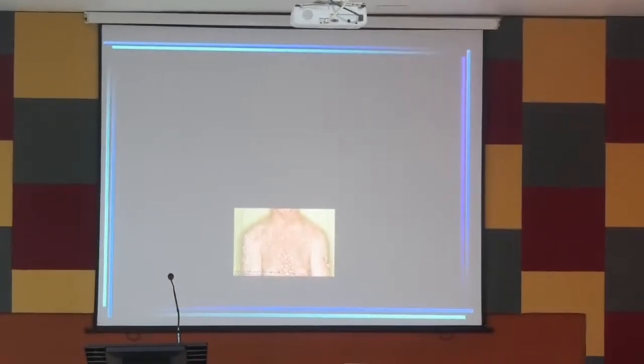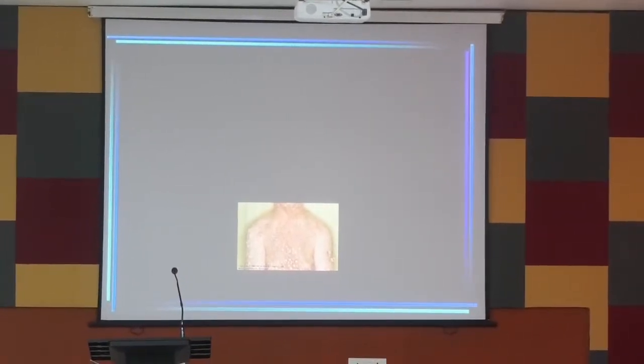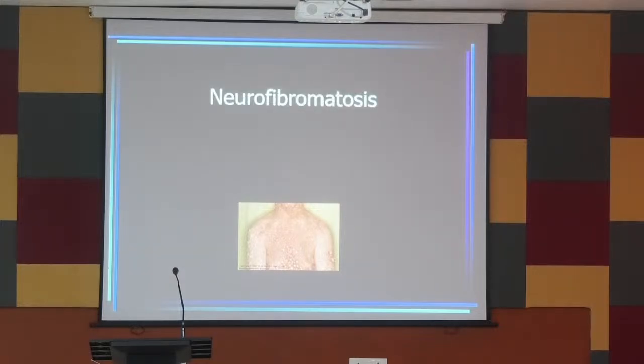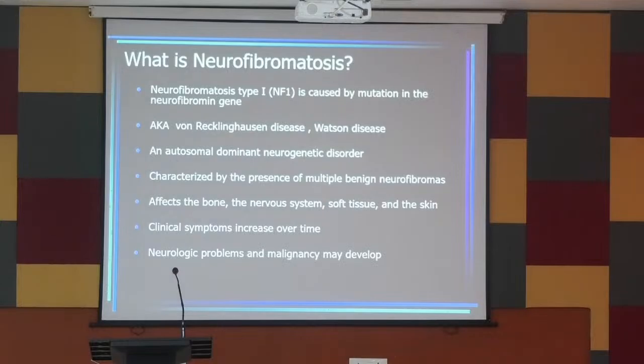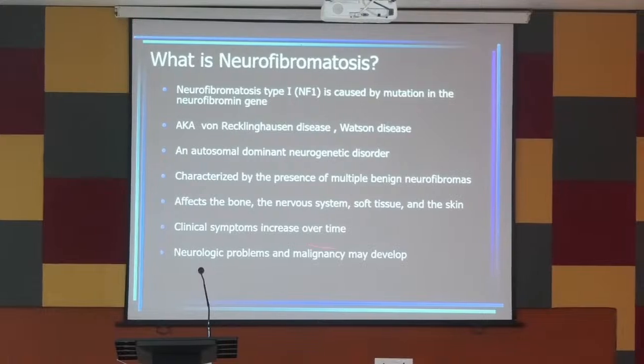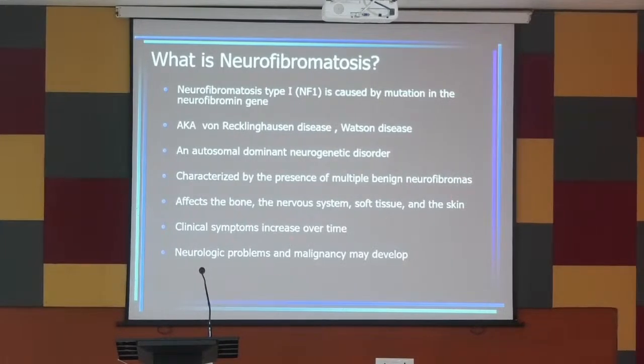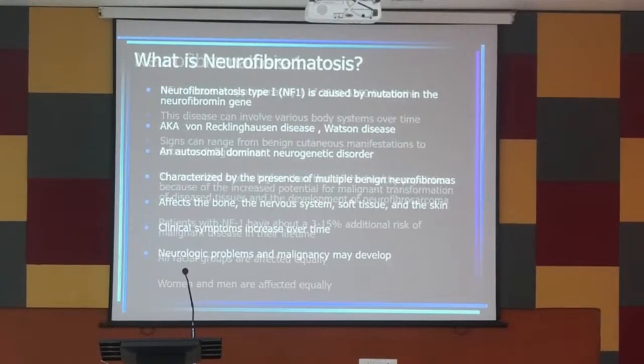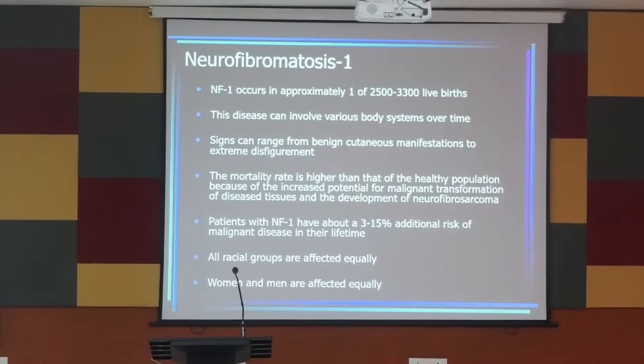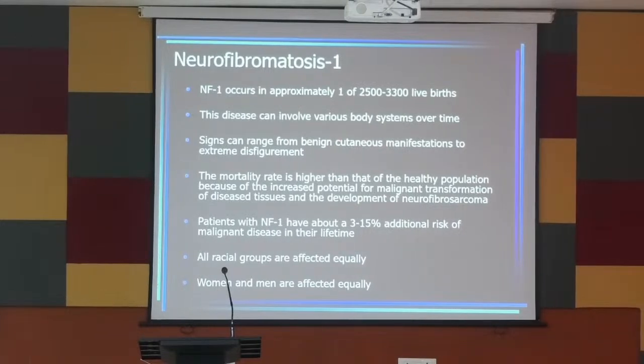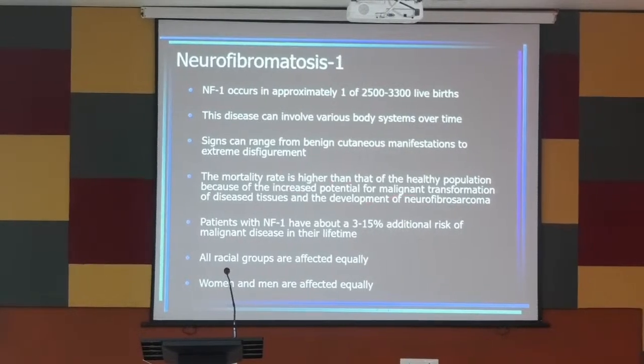এগুলো পুরো স্কিন মাসেলসগুলো ঝুলতে থাকে, বেলি লাভে ছবি আছে, নিউরোফাইব্রোমেটোসিসের ছবিগুলো দেখবে, আমি সব ছবি, হ্যাঁ this type of, এগুলো স্পট ডায়াগনোসিস দেবে কিন্তু পরীক্ষায় দাঁড় করে দিলে হয়ে গেল। এগুলো কিন্তু multiple benign neurofibromatosis, benign neurofibromatosis of bone, nervous system, soft tissue, skin, হ্যাঁ, neurologic problems, malignancy may develop. এটা 1 in live birth থেকে হয়, benign cutaneous to extreme disfigurement, malignant transformation,